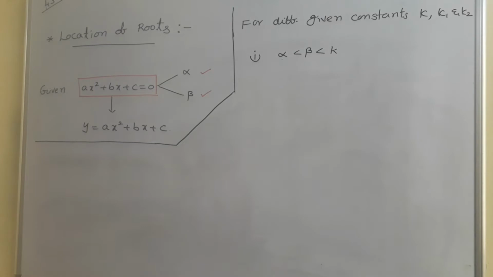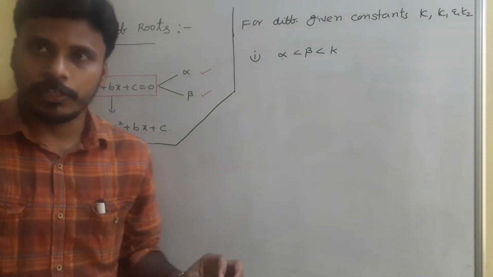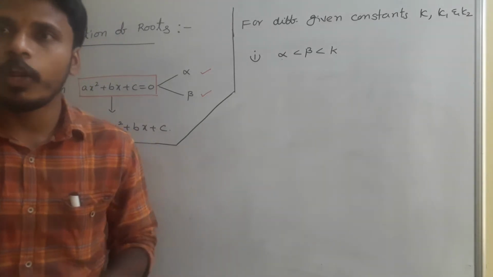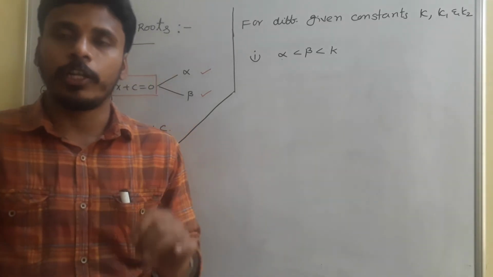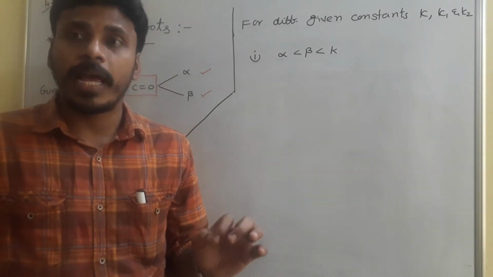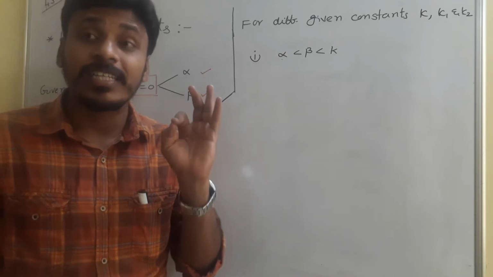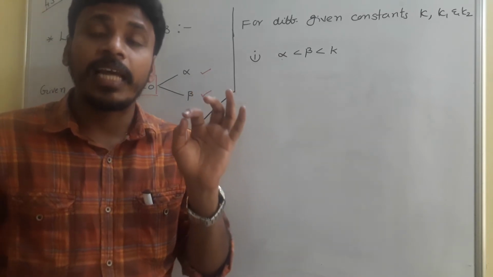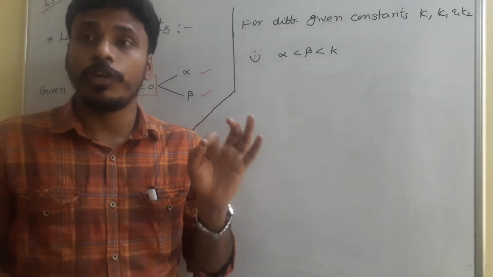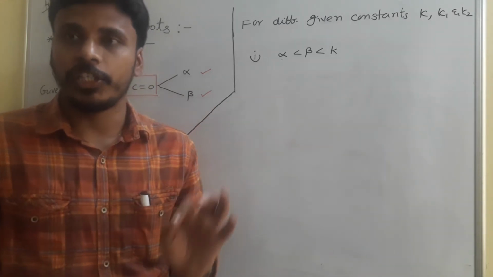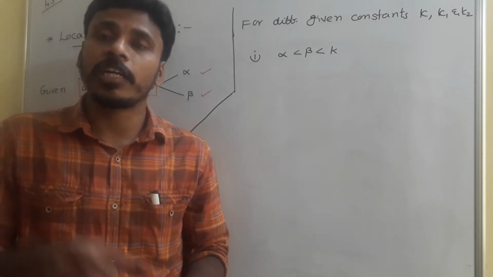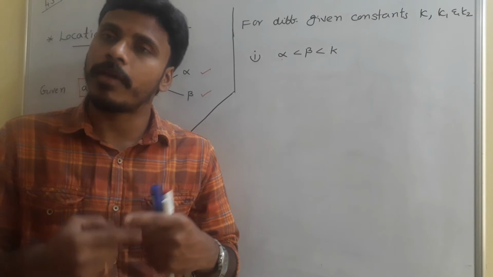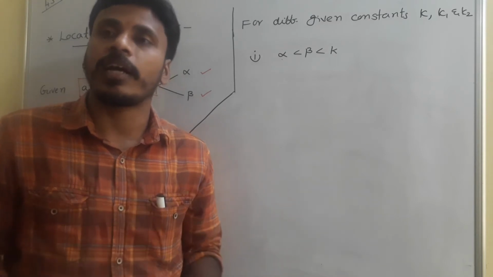Have a look. So now we are going to derive different conditions when the location of the roots is given with respect to given constants. Before going to derive the conditions, one thing I am going to tell you is, no need to memorize all these conditions. You just analyze the situation. I am repeating, analyze the situation, don't memorize the conditions. Why? Because if you analyze the situation, then for each and every problem we are going to do the same analysis, and automatically you will get the conditions.